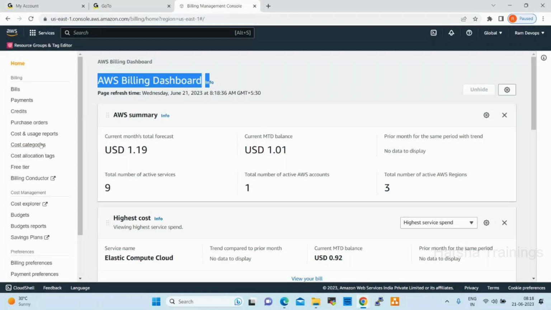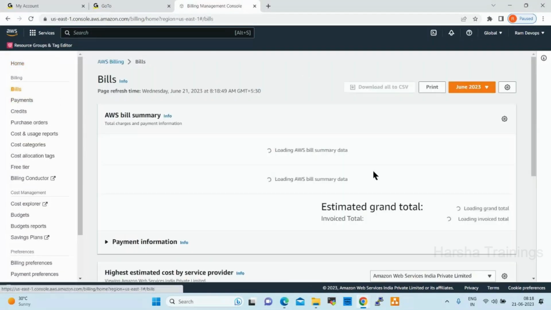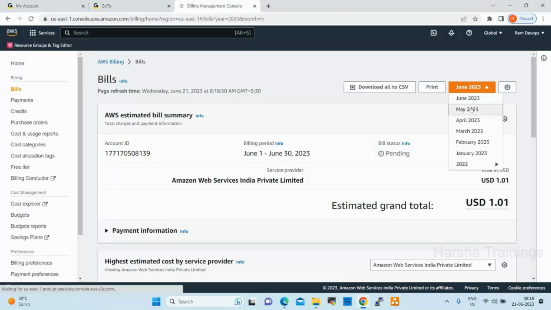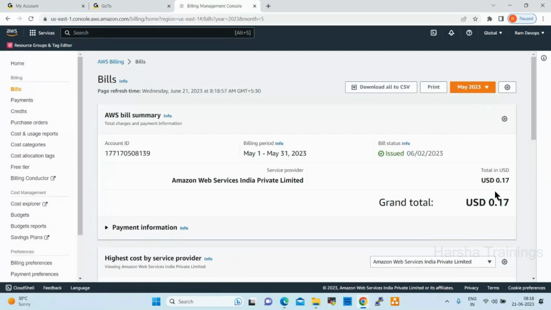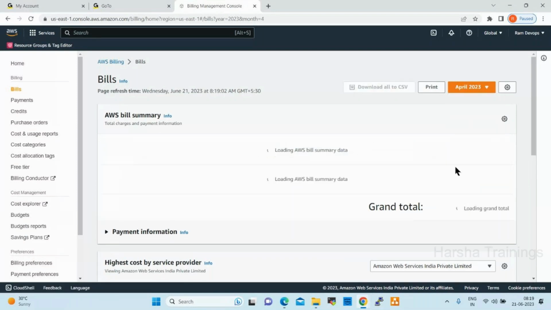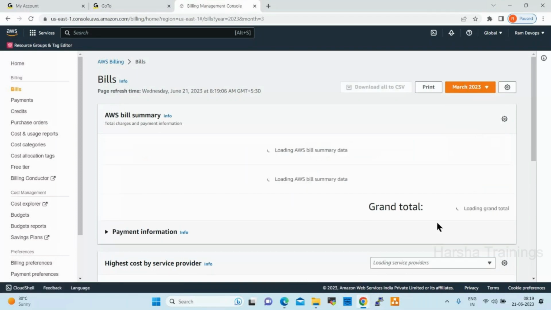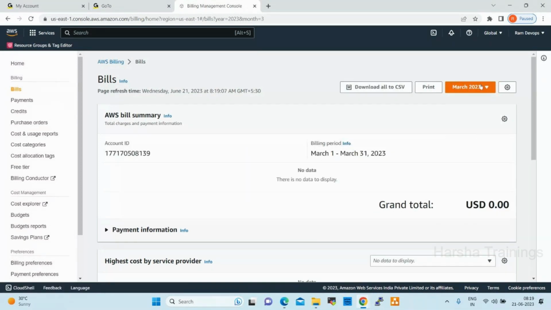So go back to bills. If you want to check the previous month bills, May month, how much happened? See here, this is the billing. Before that, nothing is there, zero. So this is the way we can check. If you want to check the bills, you can check like this. You can download bills here. Okay. Now next one,